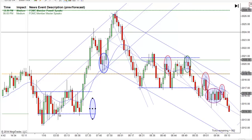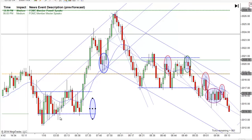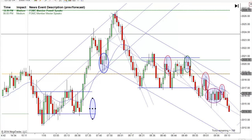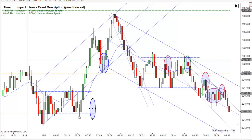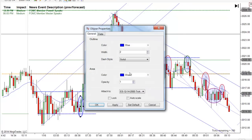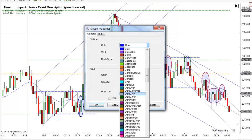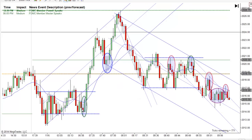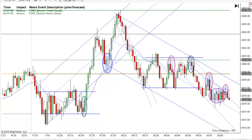But notice how we had this low and then we came back and that's like the double test of that low and then you went higher and there's two legs here in the first leg and this is like a little failed break lower. Notice that it broke below that and closed back in here. So this one really probably should be green. I'm going to change it to green. And it was a trade of the day. Look at it go. And really took off there